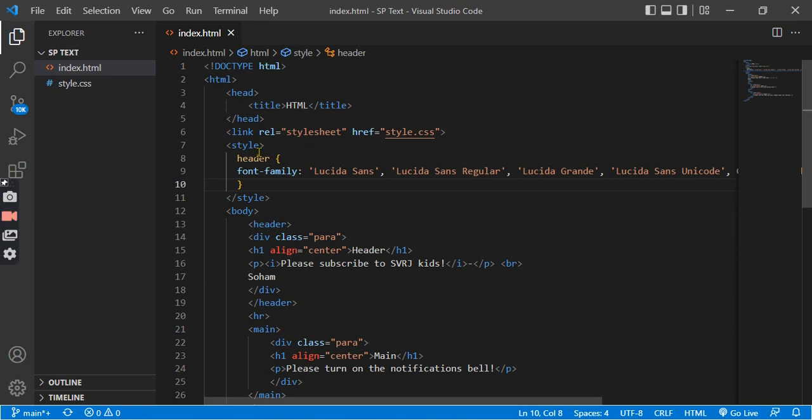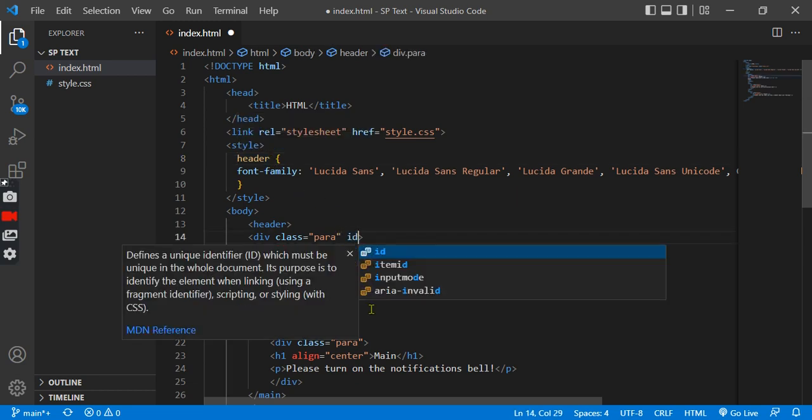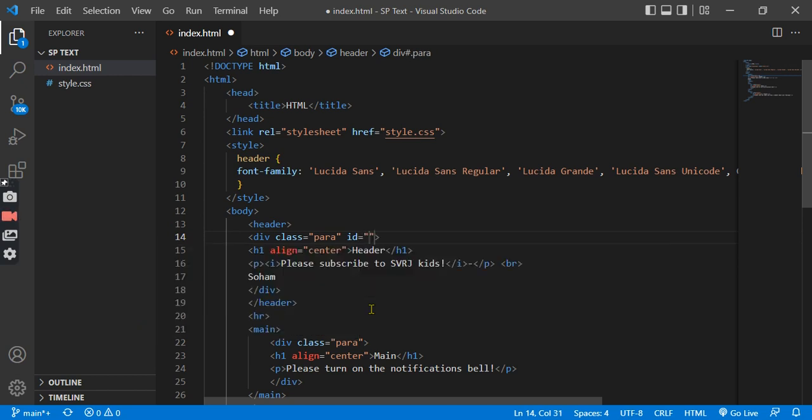So now that you know how to classify something, if you want to classify a class, then you put a dot here. But if you also want to classify an ID, okay, there is another thing called ID, which is also as important as a class. The ID is like the name of a tag. So if I put the ID hello world,